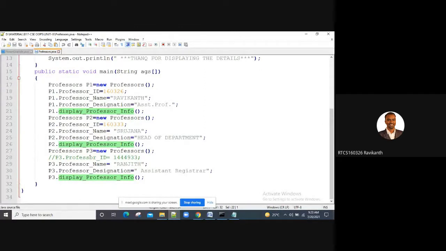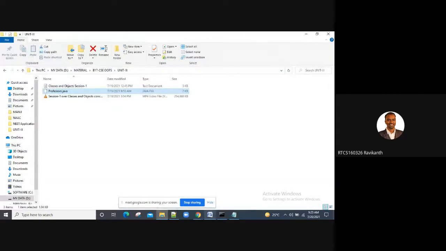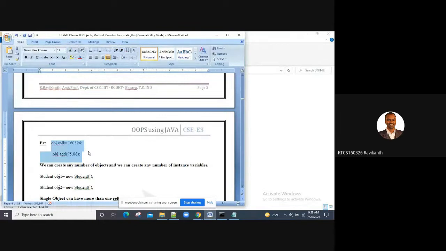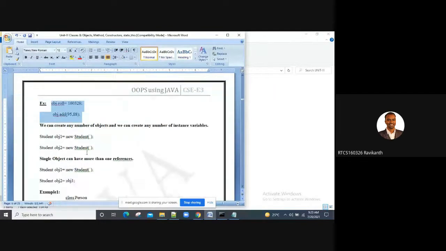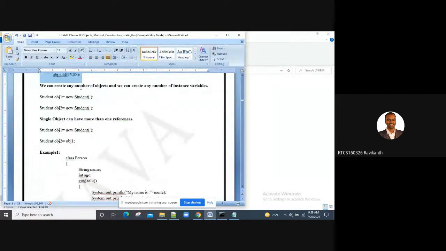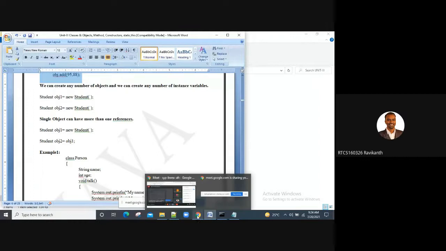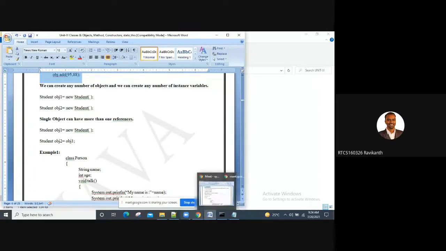Continuing from that is what we are discussing now. We can create any number of objects, any number of instance variables, and any number of methods. Yesterday we created three objects and three instance variables.